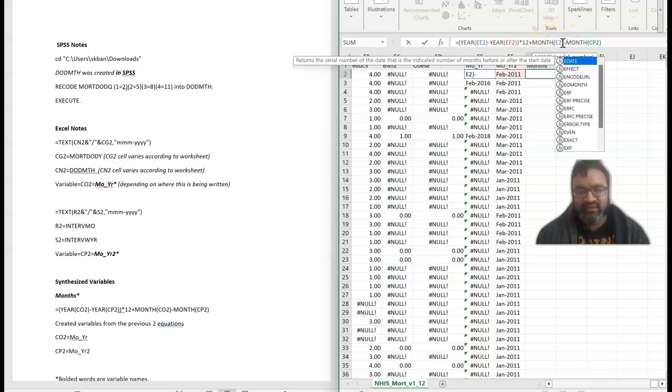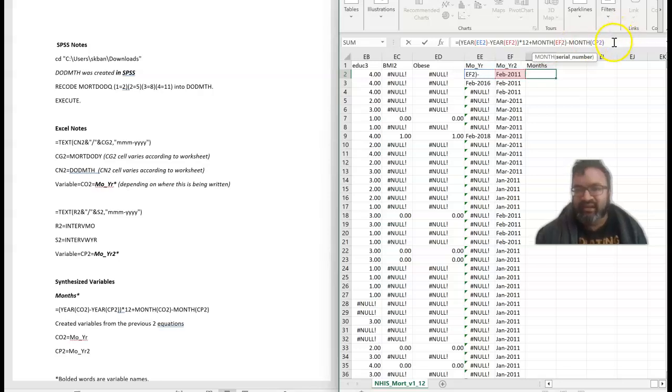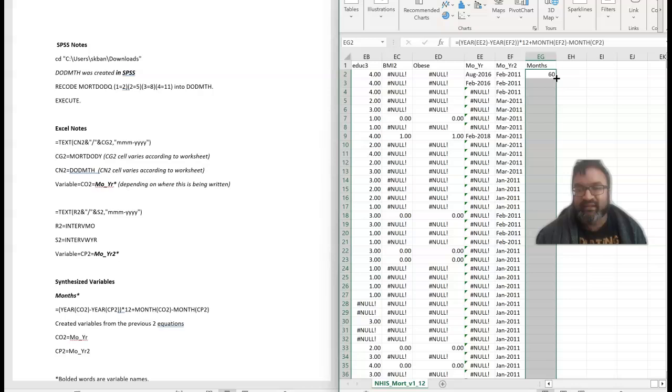And then this can go into EF2. Let's select enter. So this is the actual formula. You can double check, make sure that you did this correctly. Now what you do is go to the bottom right hand corner, double click, and this is going to go through and populate the whole column